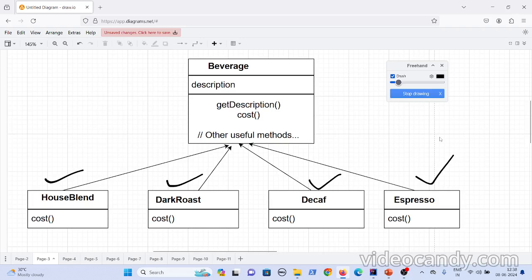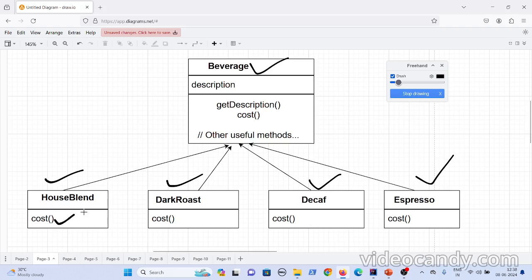You can add any varieties of coffees based on the types made in your region. Now, since these are all coffees, you have common objects in the beverage class, right? And whatever is specific to these beverages, you have added here.